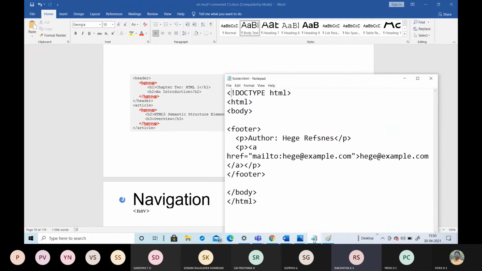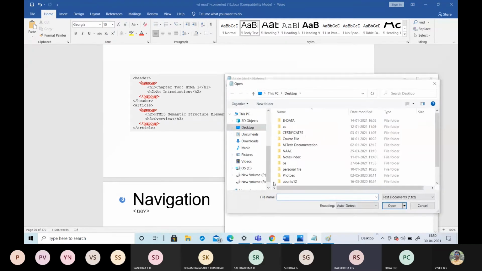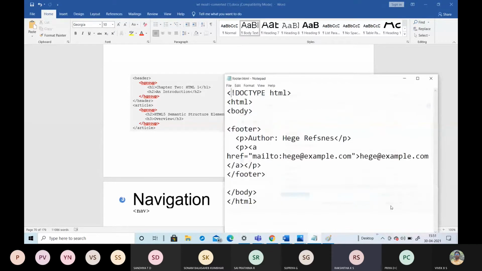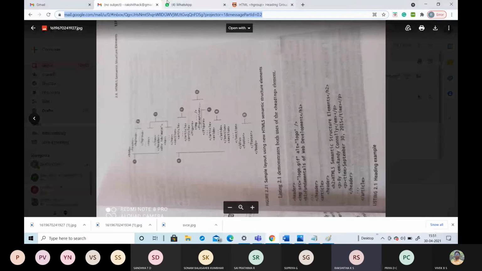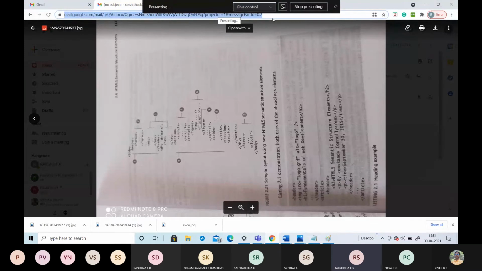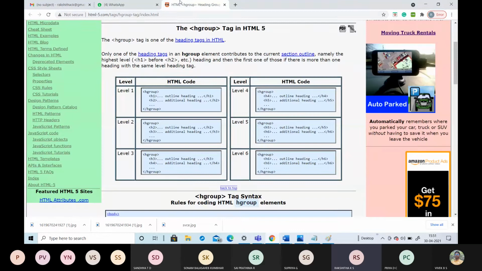Example for heading groups. See here, how the hgroup will look in HTML5. At level 1, the hgroup contains the H1 and the H2.